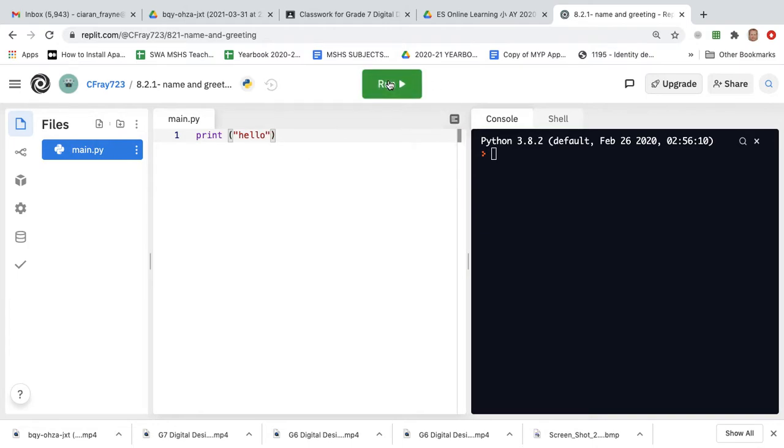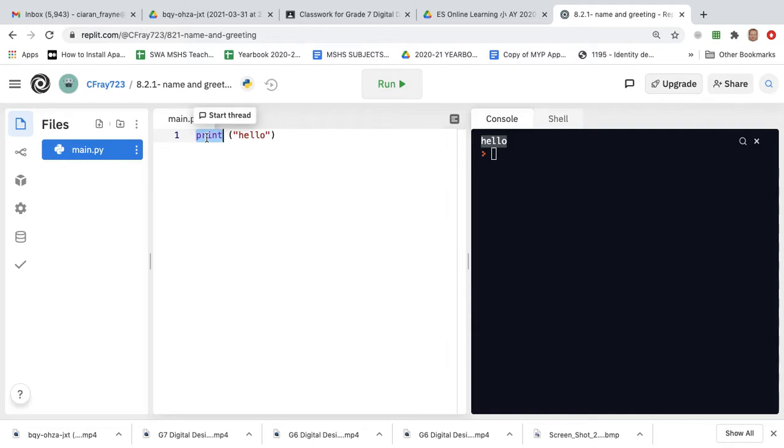Then you can press run. And just like when you use say in Scratch, it prints this. Okay, so it says hello. The output is hello. Okay, so we're going to now use something which is a bit more like the ask feature in Scratch. So if you use ask in Scratch, then your Scratch program will expect a response and it will store that response. So instead of print, to convert it to ask, we can use